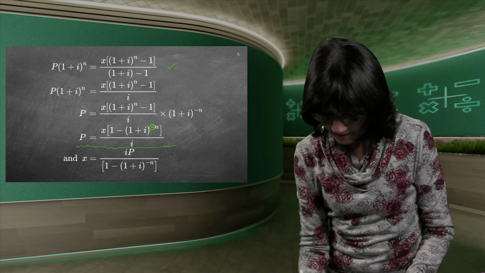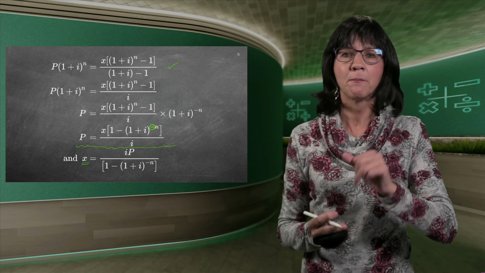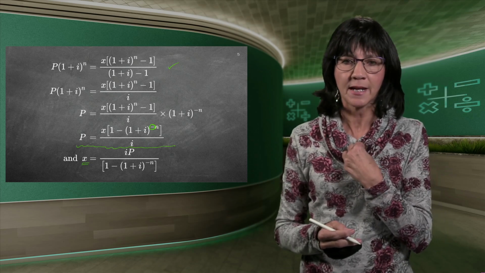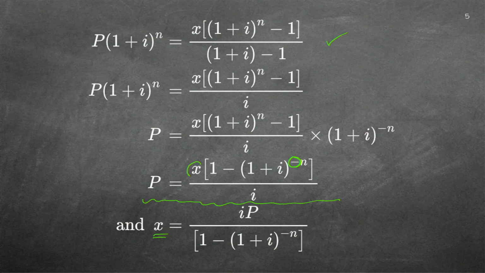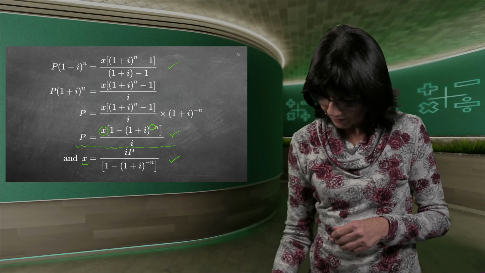Sometimes they ask for the x. Remember from the previous slides, the x stands for the monthly amount that we pay. Most of the time they want to find out what the x is. If you look at the green formula that I underlined, to get the x all alone, you need to get rid of the i first, so you multiply the right-hand side and the left-hand side by i, so you get iP. Then you need to get rid of that whole square bracket, which is being multiplied, so you must divide by it. This formula and that formula are the two that you're going to use a lot. After you've used it once or twice, you will get to know it very easily.